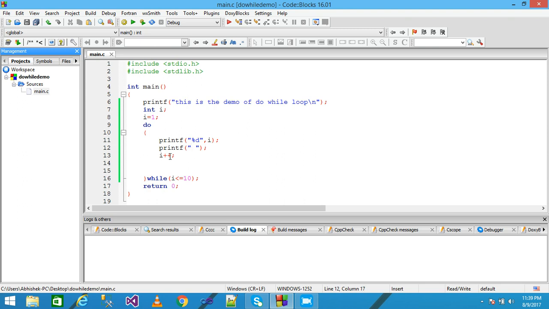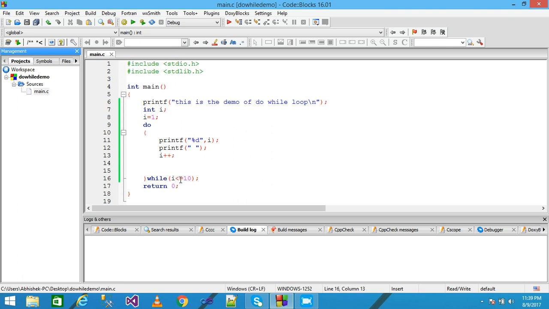this provides the space, and here the value of i is incremented by 1, and this time after increment the value of i is 5. Control again comes here and checks the condition, which is true because the value of i is 5 and that is less than or equal to 10. Control again comes here and prints the value of i as 5 onto the screen, provides the space, and here the value of i is incremented by 1, and after increment the value of i is 6, and control